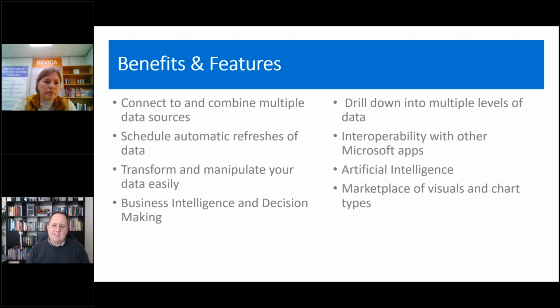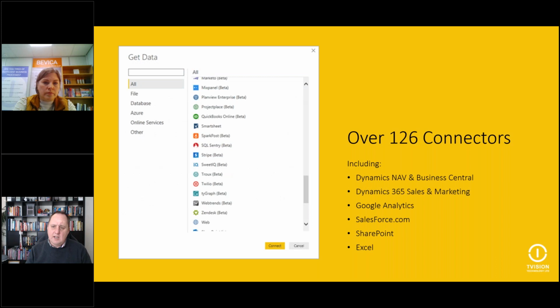So the marketplace has a load of different connectors which can speed up and simplify how we connect and pull our data in. As I just mentioned, there's at least 126 different connectors. Now, for the most part, this isn't something you need to know, really.